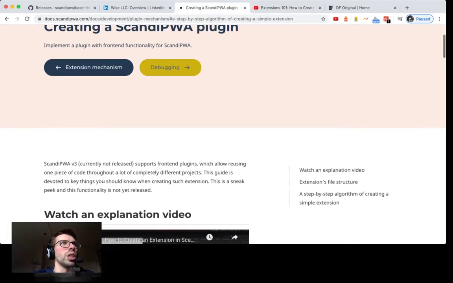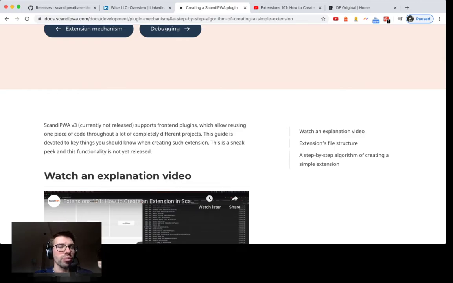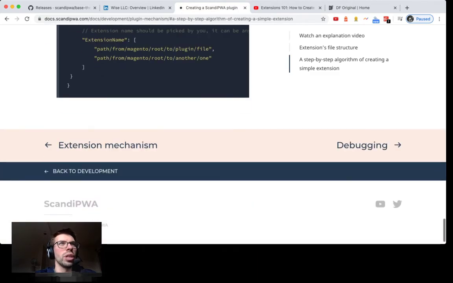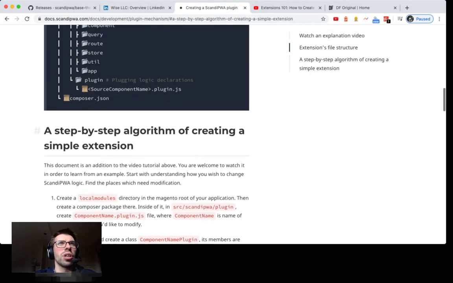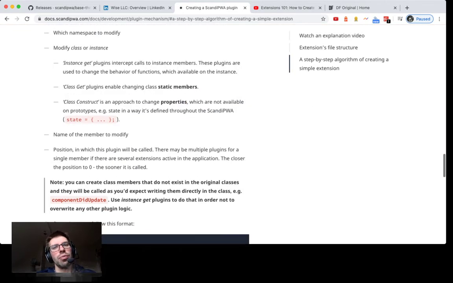And this week we have also released a really detailed tutorial. We have asked for your feedback, and we have received your feedback from the community. We have incorporated some changes and tried to create a really detailed tutorial, so every developer or agency will be really happy to work with. On this particular page, you can find the explanation of extensions file structure and a step-by-step algorithm of creating a simple extension. So after reading the documentation, your developers will have the knowledge to understand how to create an extension. Still, in case of any help needed, feel free to reach out to us, and we will definitely help you by answering your questions or connecting to one of ScandiPWA solution